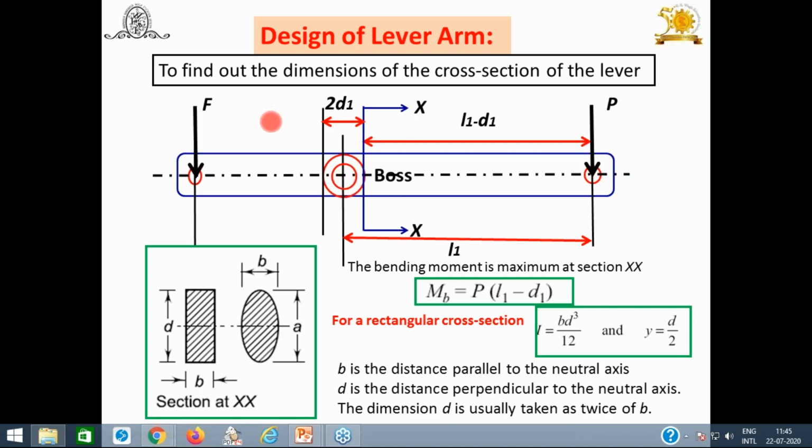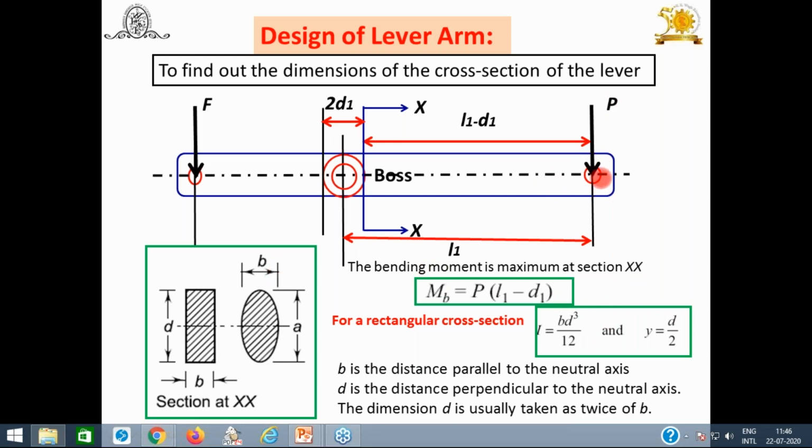Again, second thing, we have to find the cross section of this lever, and I have already told you the cross section may be rectangular, elliptic, or I section. While finding the dimension of the cross section of the lever or any machine element, first of all we have to decide where you will get the maximum bending moment. Why are we locating the maximum bending moment cross section? Because when it is going to sustain that magnitude, the dimension that we calculate means the other parts or other cross sections are also going to sustain it. That is the logic behind it. That's why we always have to find the maximum bending moment.